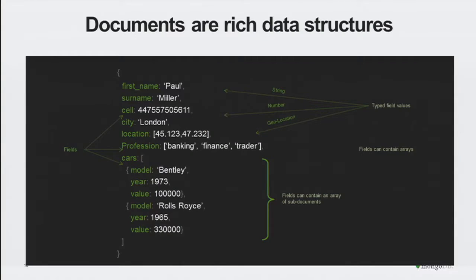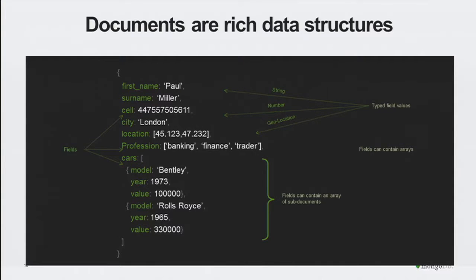So what does a document look like? Well, in the MongoDB world, it's BSON, which is a binary serialization of JSON with some extra data types. So it looks like this. So you have fields that are sort of key value pairs, and each value is strongly typed. But one of the native